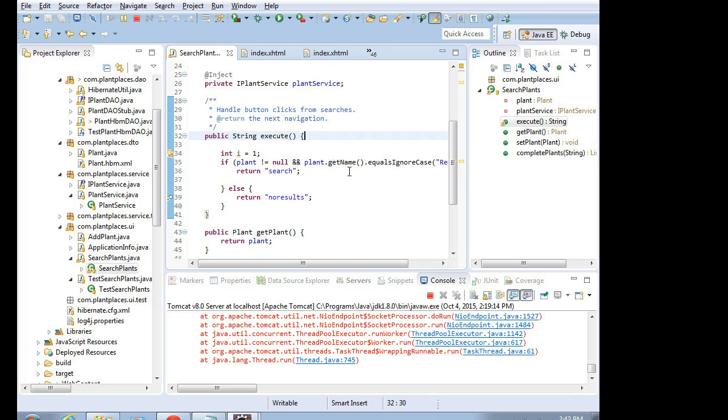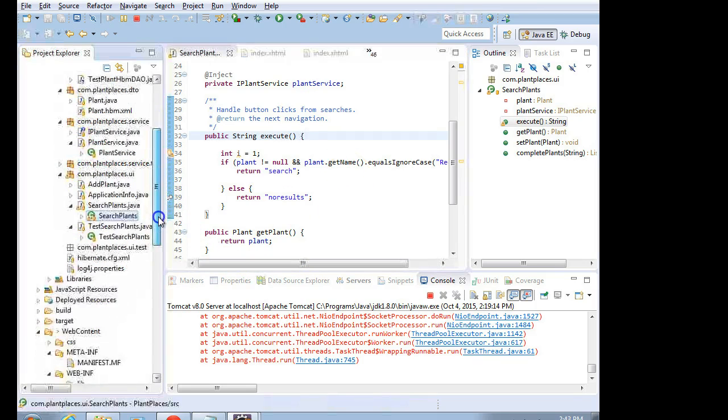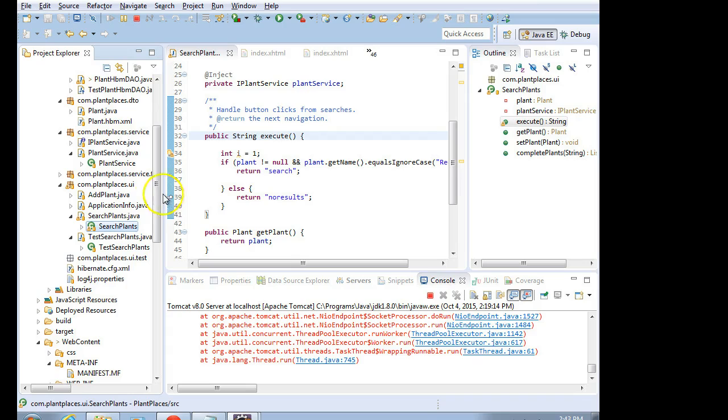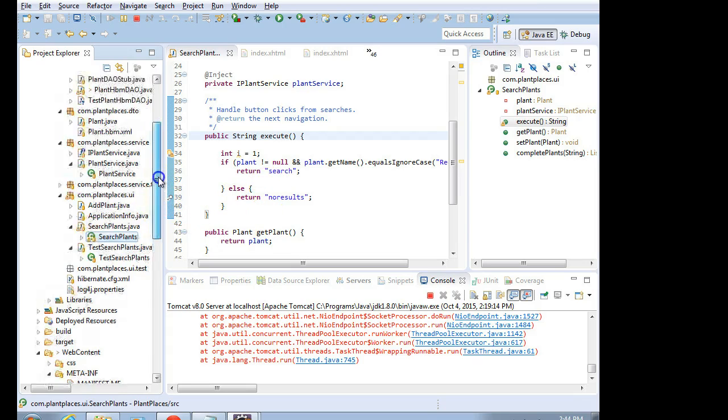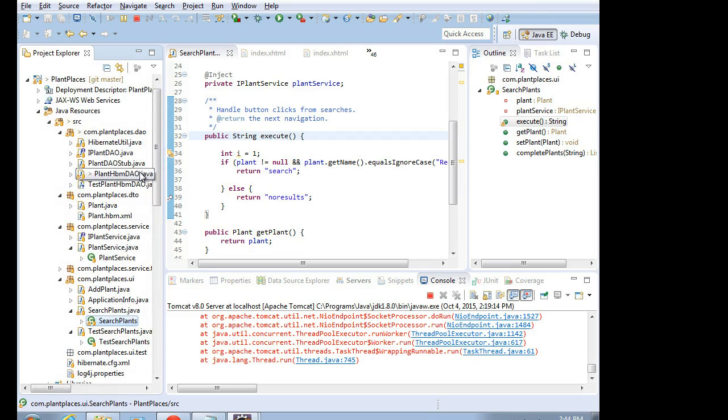First of all, if we take a look at our page, we know that it is taking whatever the user enters into that search screen, and it's putting it into the getName method of plant. More precisely, it's putting it into the name attribute of plant. On the other hand, our search is actually looking at an attribute called common. Okay, we could clean up our search a little bit if we wanted, but what we'll do is